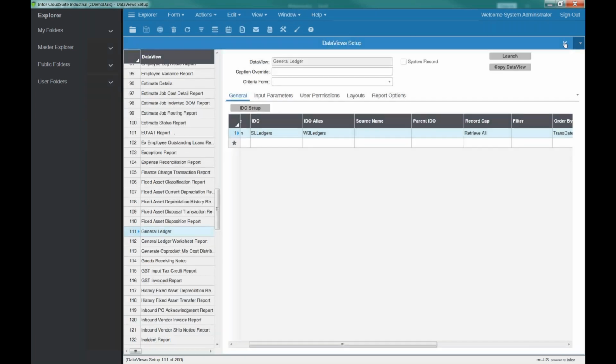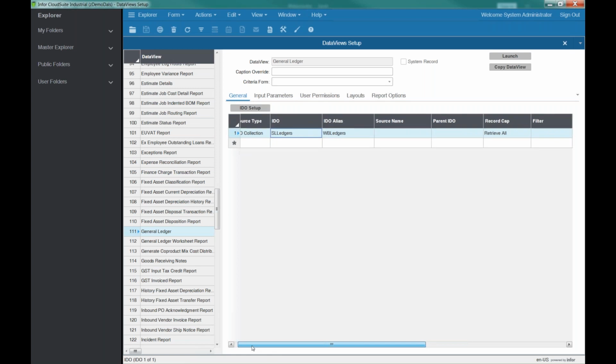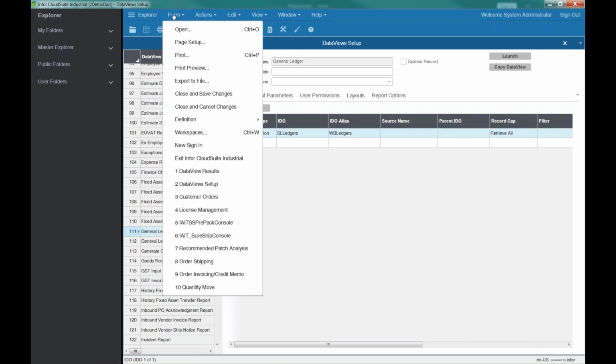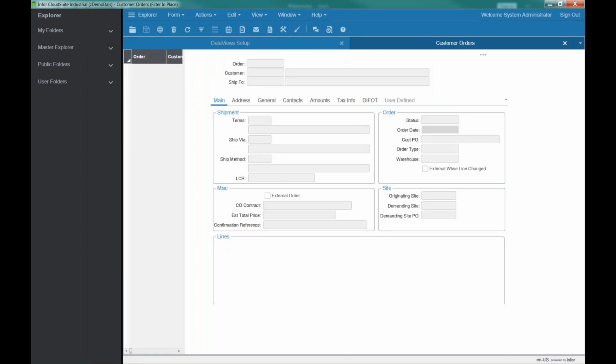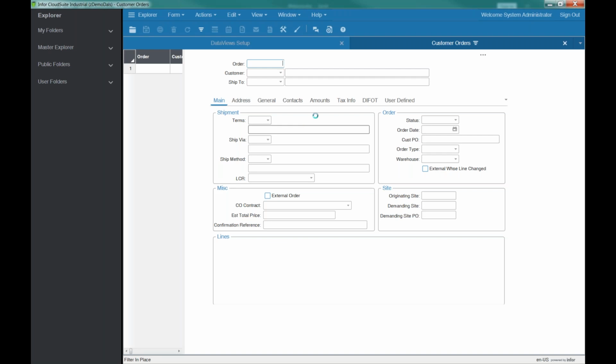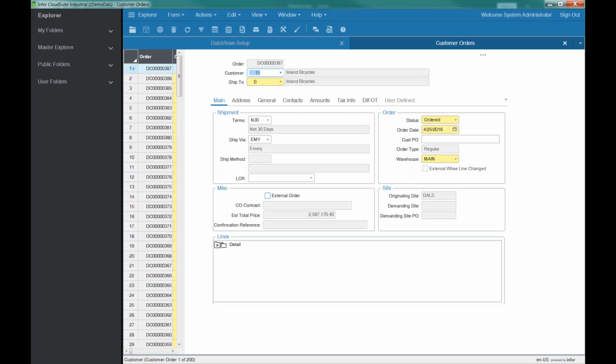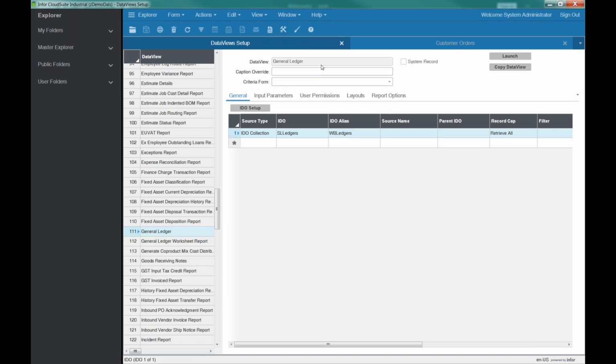But what I'm going to do here is actually show a new data view. And the one thing I want to do is talk a little bit about this IDO, and what the IDO is. And let's give a practical example. I'm probably not going to go in here and start writing reports just for the heck of it. I'm probably going to want to do something of practical value. So the salesperson comes and says, I want to know all my orders for customers that are over a certain amount or for a certain period of time or something like that. So the first thing for me to know is, how do I actually get into the data that I'm looking at? So if I create a new data view here,